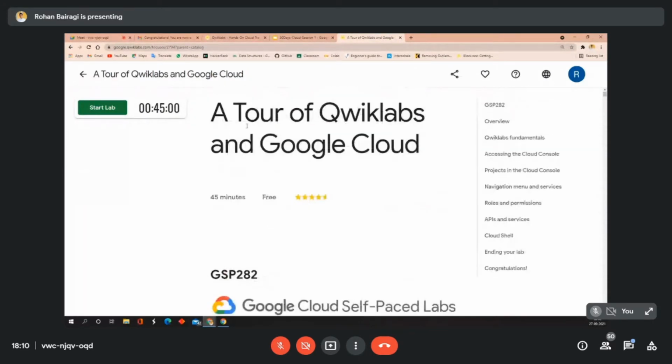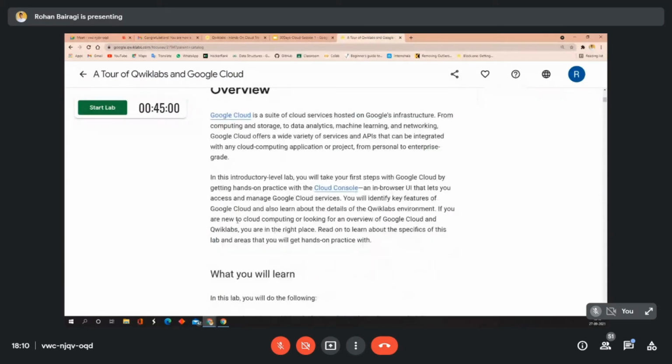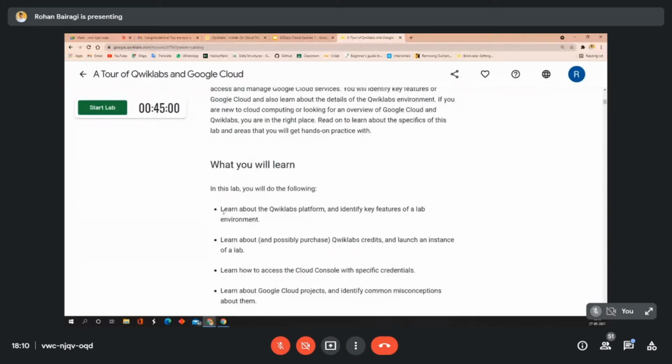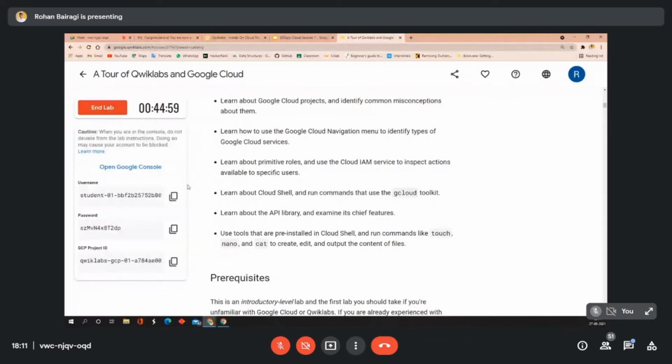Here you can see the tour of Quick Labs and Google Cloud. This is the overview. If you have time, then read it, but not now. First, click on Start Lab and click on Open Google Console, which is on the left side.